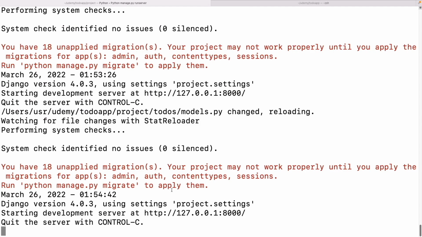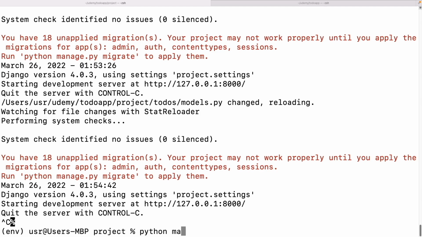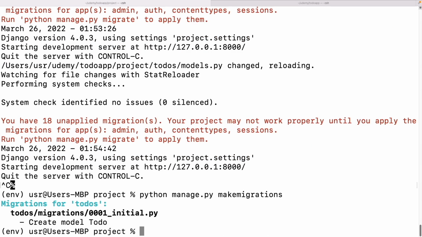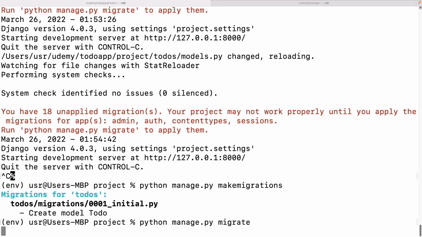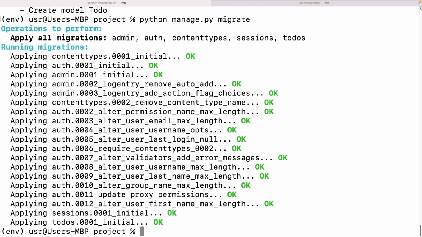In here, shut down the Django server and run python manage.py makemigrations. Now we want to apply our initial migrations. So we run python manage.py migrate. So this is going to help us to sync up between the models in our files and the tables in the database. Other than our Todo model, Django will also run migrations for other built-in models. Now I will restart the server